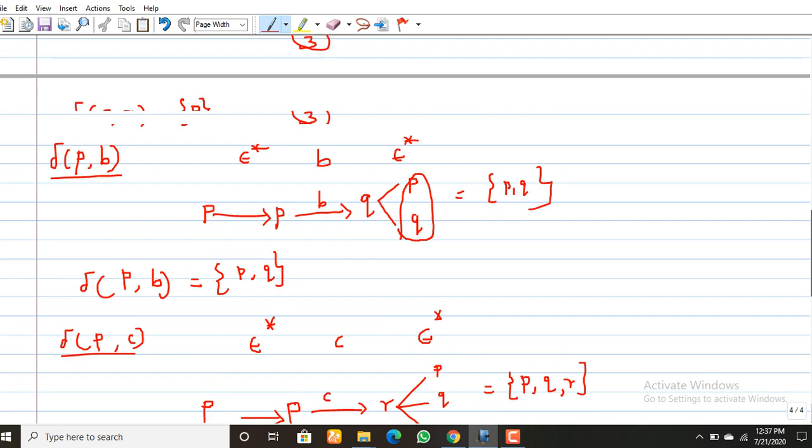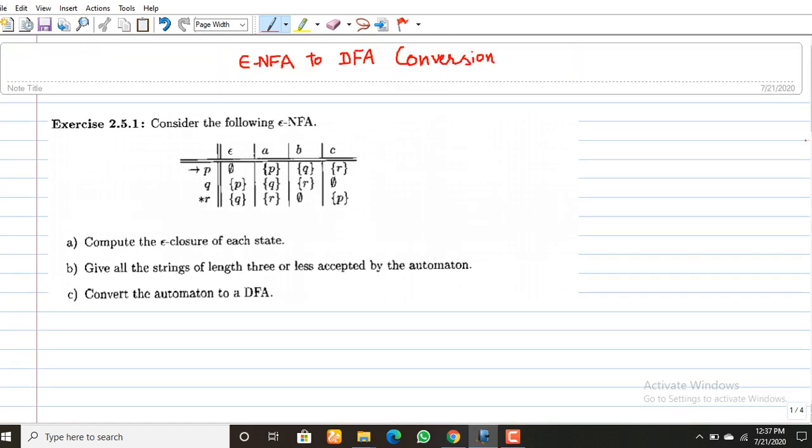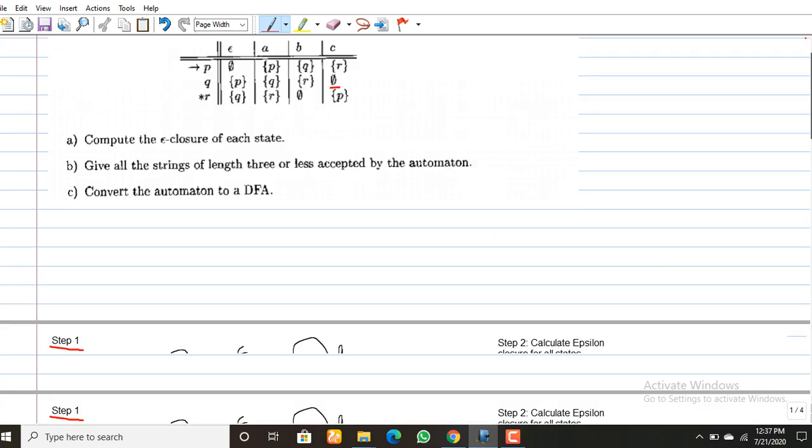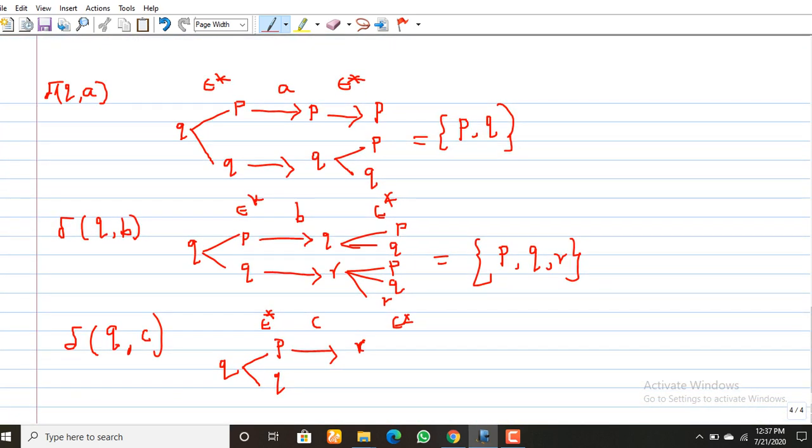Is there any transition for C on Q? No, no transition. See here phi. Okay, so there is no transition, phi only. So what is the epsilon closure of R? Epsilon closure of R will bring P Q R. Okay, so the state here is P Q R. This is the output of del of Q comma C. So next you have to calculate del of